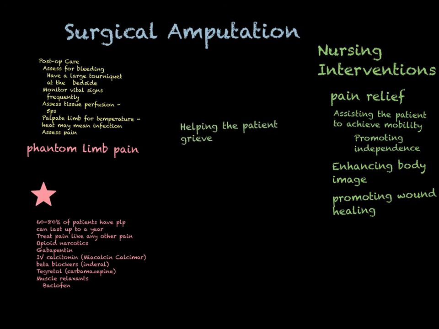Remember that this is a loss. Limb loss is a loss. So we're going to go through the 5 stages of loss by Elizabeth Kubler-Ross. And this applies to any loss. People lose a baby, people lose a loved one, people face the loss of their lives with cancer, but people who lose a limb will go through these same 5 stages.